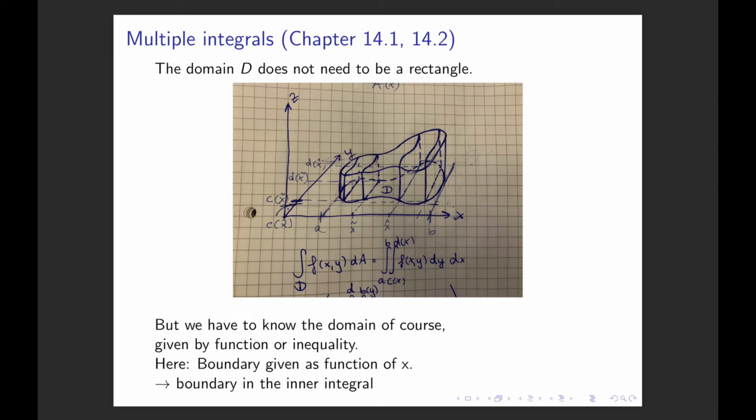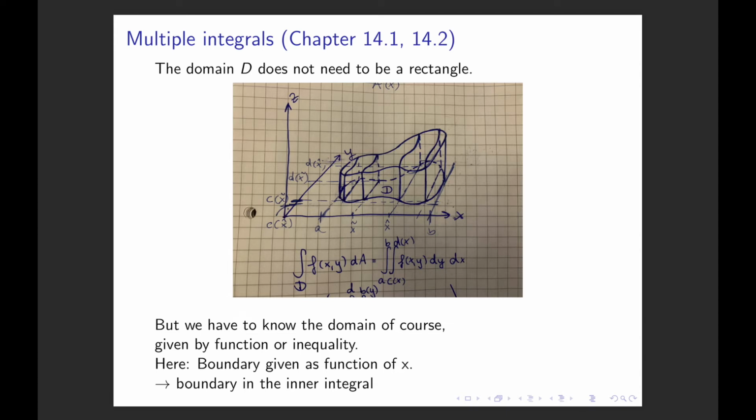Let's say here we first want to compute the area of the slabs parallel to the YZ plane. Then we have to know from where to where we should integrate the y values. So the boundaries of the y integral, c and d, will depend on our x values. That means we need the boundary of D to be given as two functions, one c of x and one d of x. If we have that, we can write just as before the integral as a double integral,